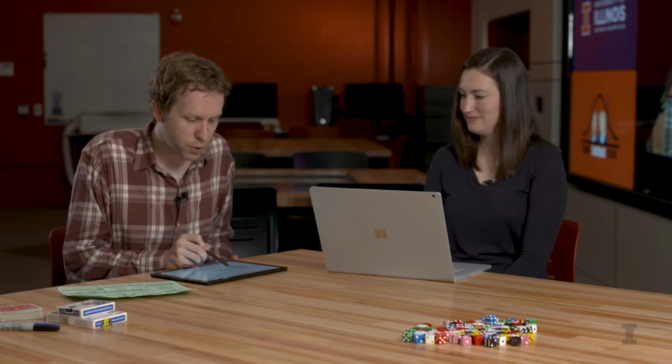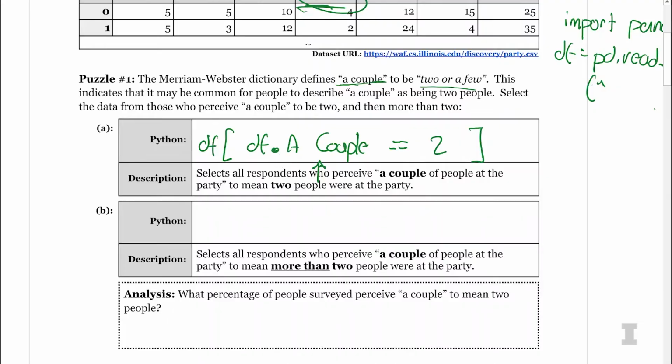And this is because a couple is 2 words long. So we've usually used this dot notation so far where we've said df.a couple. But there's an alternative notation that we have to use when we have a space. To do that, we can remove the dot and replace it with a square bracket, putting a couple in quotes and then closing out the square bracket. So I would say this is df['a couple'] double equals 2.